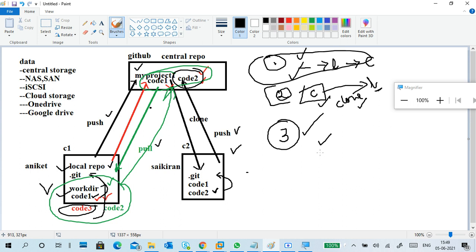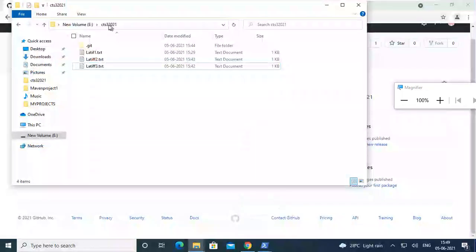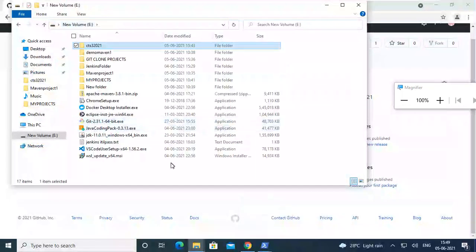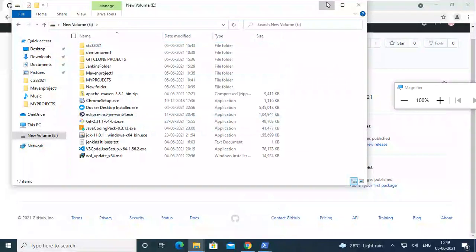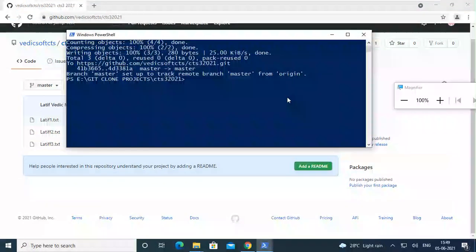No problem. If a problem comes because different versions of files are there, then you have to pull it and push it. That's why we call it version control. Everybody should maintain the same version. If the version has a difference, there will be a conflict. Okay, so this is your Git.